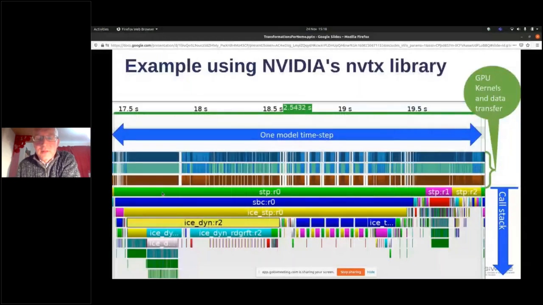Just to show you that this functionality is working and is useful, this is a profile. Well, it's a gratuitous picture really, but it's a profile from the work that we're doing porting NEMO to running on GPU, and it's using Nvidia's NVTX library. So there's an existing SciData wrapper library for NVTX, so that when you build your application, you link it with the necessary SciData wrapper library and link it against NVTX, and then all of those calls to the SciData API get mapped down into NVTX,